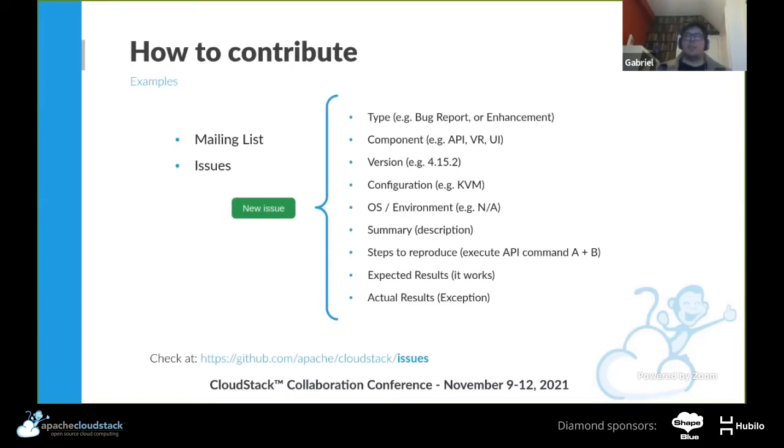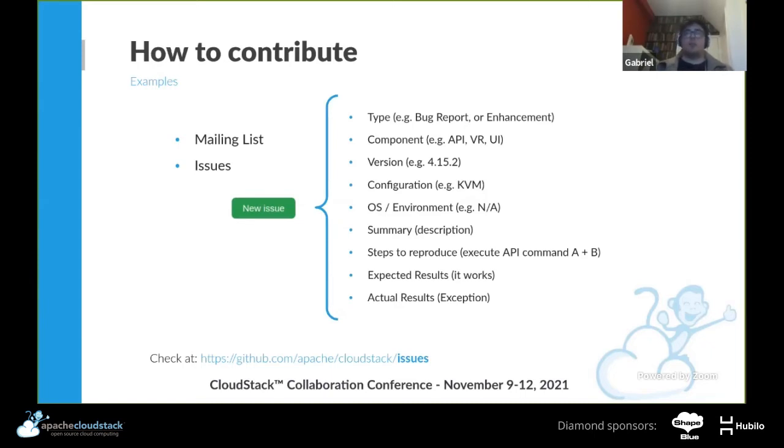And there's already a template to fill when you click on new issue, which will ask for the type of the issue, for instance, a bug report or enhancement. Then there's the component, API, virtual router, UI, the version, for instance 15.2, the configuration, let's say KVM or a different network setup, the environment if needed, like Ubuntu or CentOS.